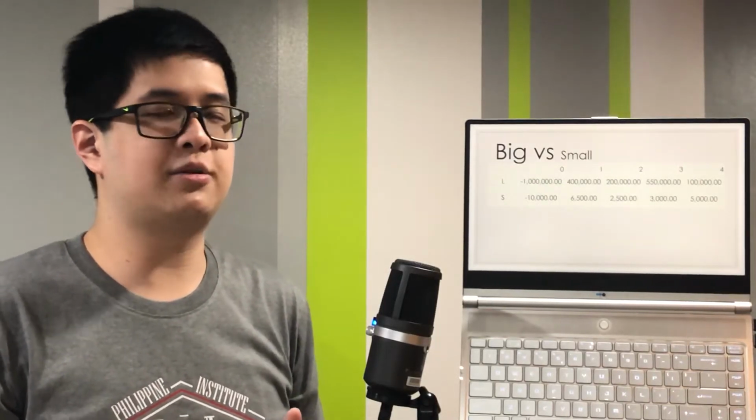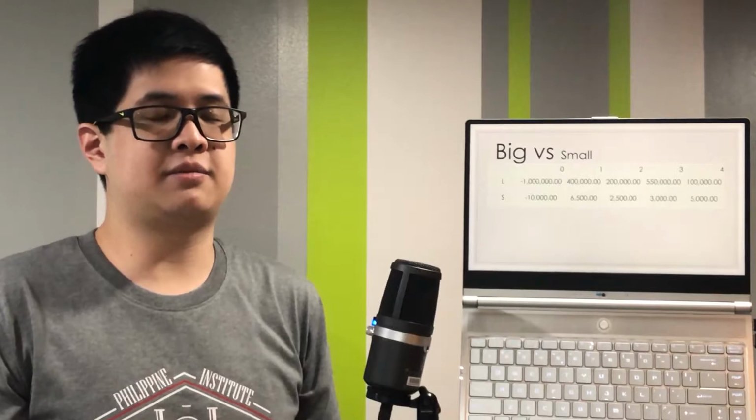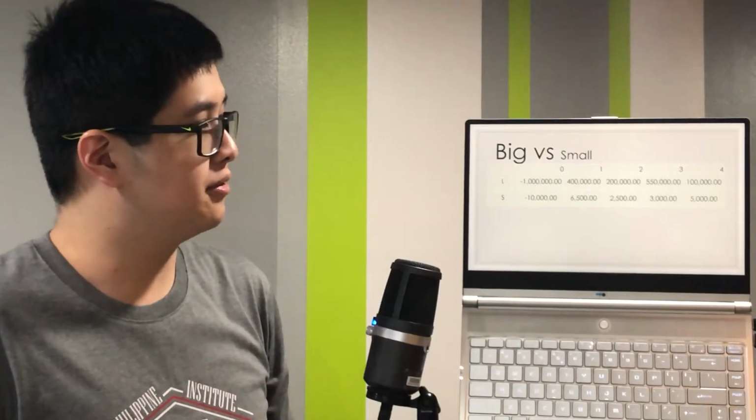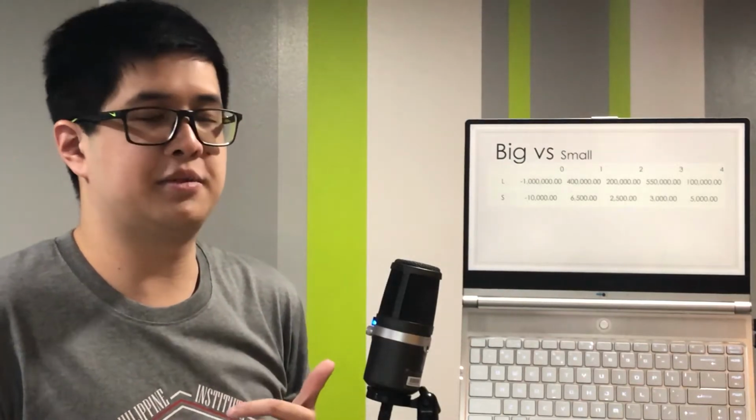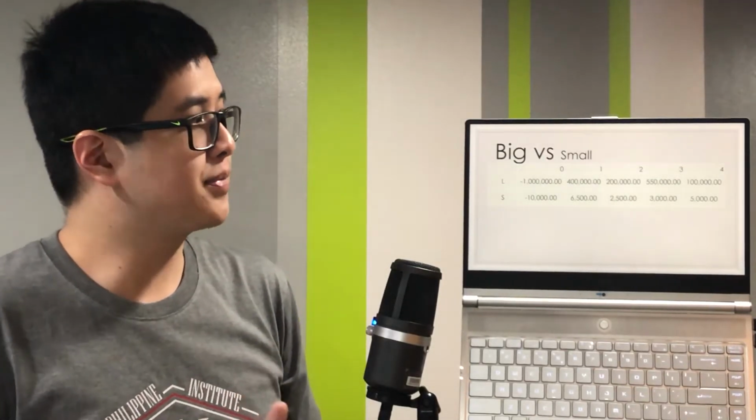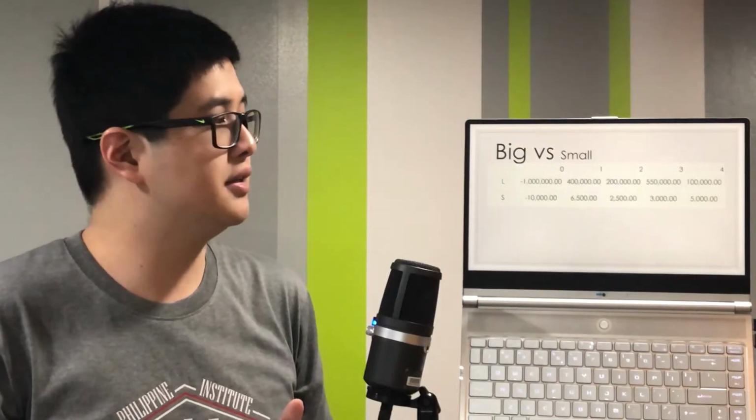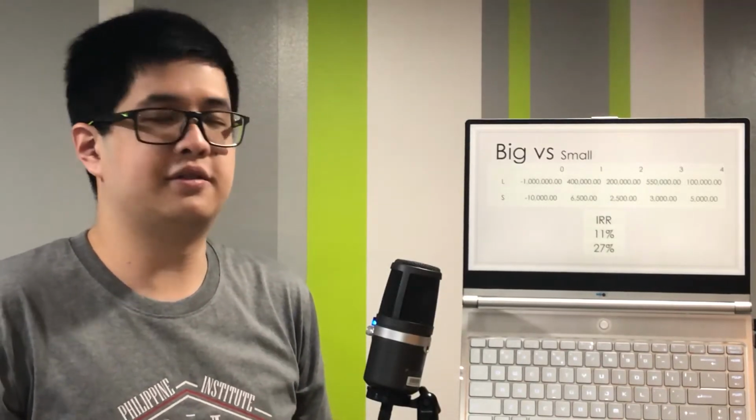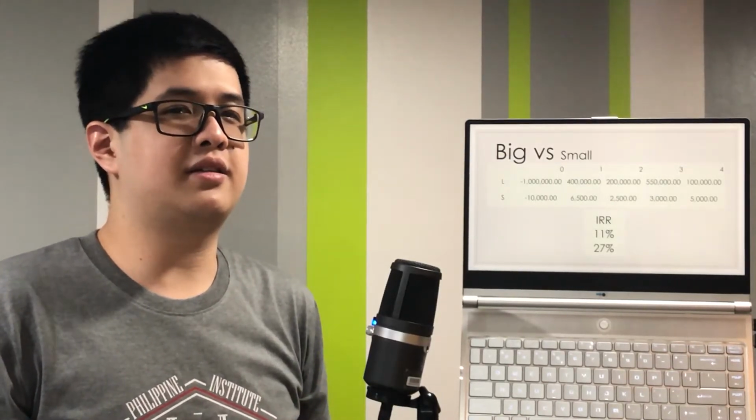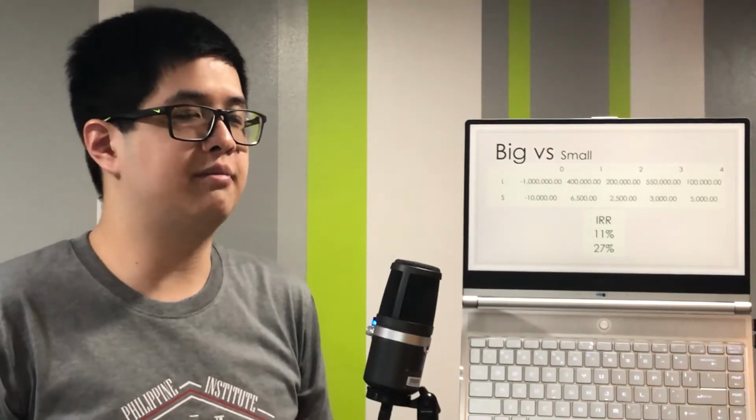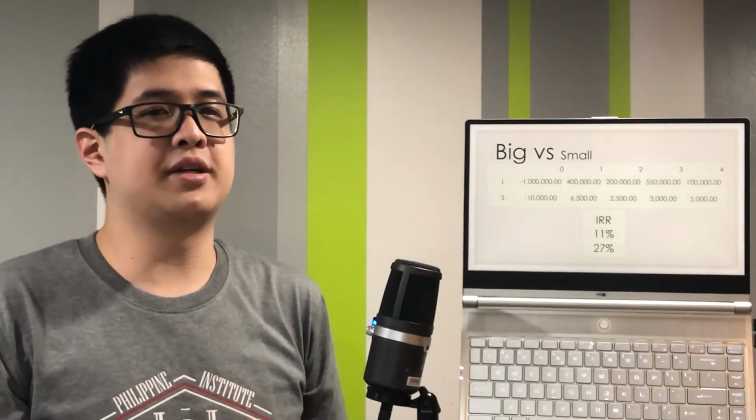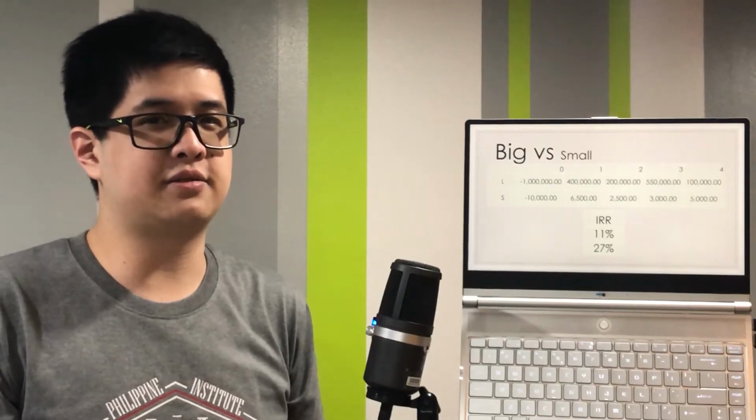But that is not always the case, because percentages only mean one thing. So here's an example of a big project versus a small project, wherein project large has an investment of 1 million pesos, while project small only has an investment of 10,000. So using the formula we used earlier, we get an IRR of 11% and 27%. So now just looking at the percentages, you might think that project small is better than the other one, but in reality, the NPV of the larger project is much bigger than the smaller,